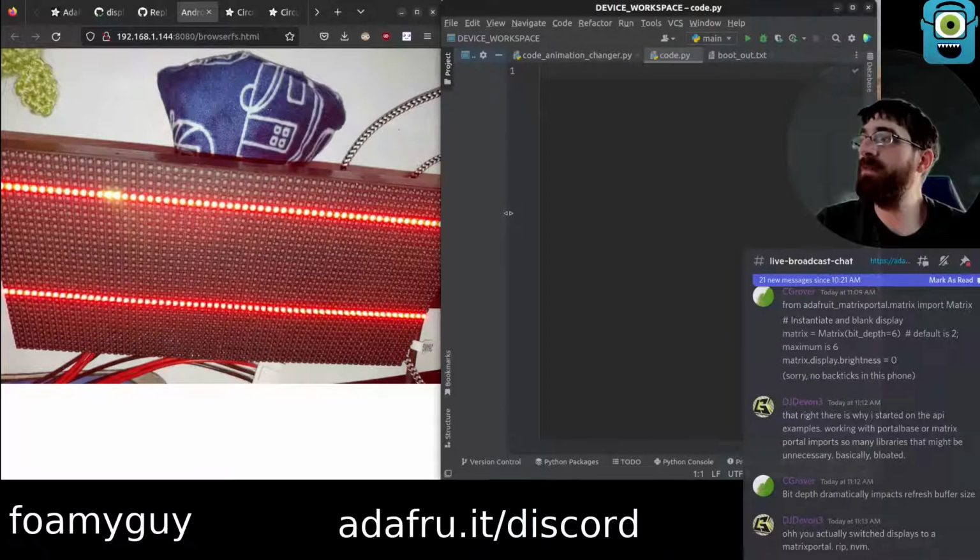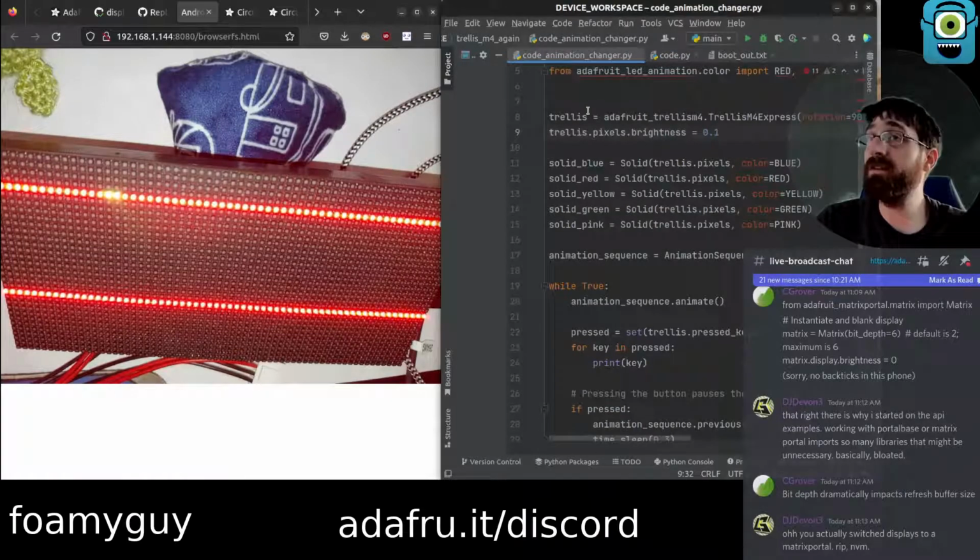Bit depth dramatically impacts refresh buffer size. Started on the API examples. I don't know. Bloated implies that it's negative. I don't really see that it's negative. I think they're just different examples, right? It depends on what you're trying to do. If you don't know anything about programming at all, you have no idea what an API is, nor do you care.